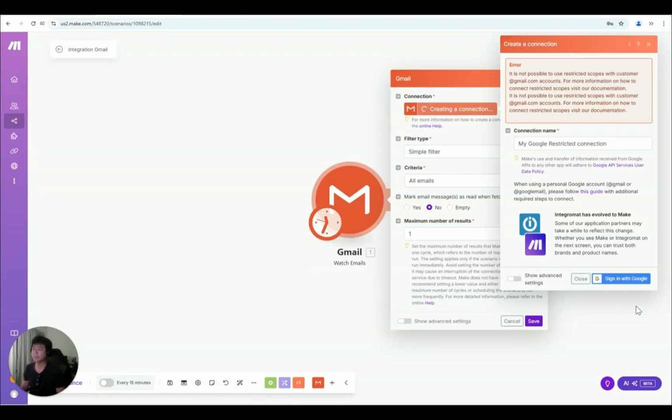So recently I encountered an issue. The issue occurred when I tried to connect make.com and my Gmail directly. That's when I wanted to use a Gmail module and I tried to sign in with Google. I received this restricted scopes error. So I tried to look around the documentation,